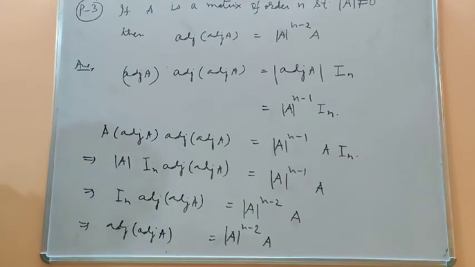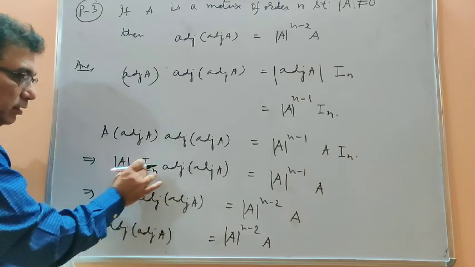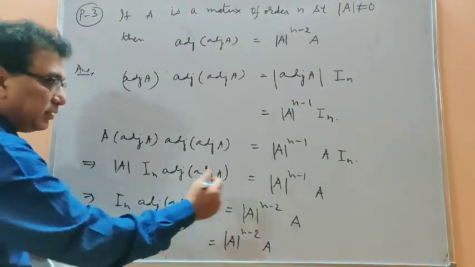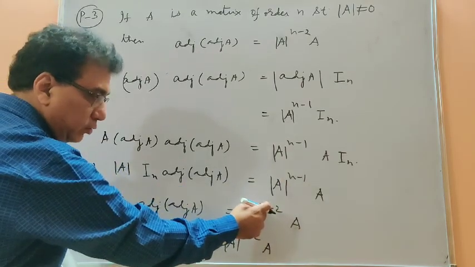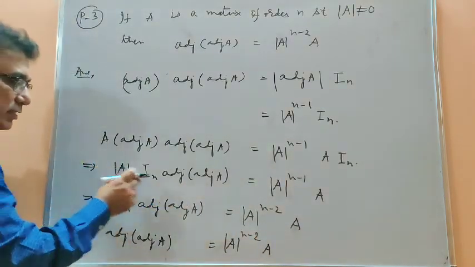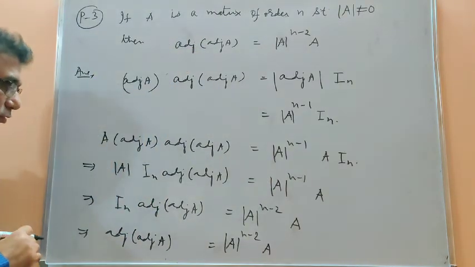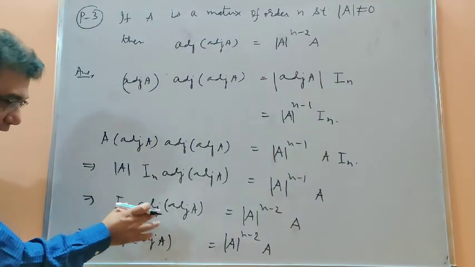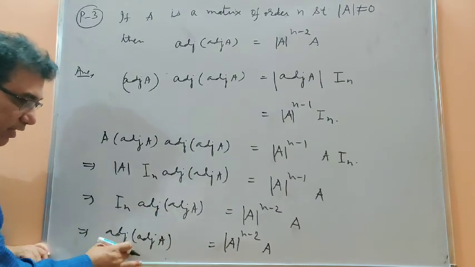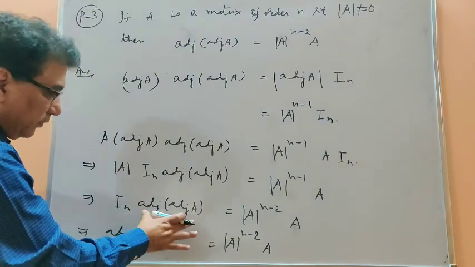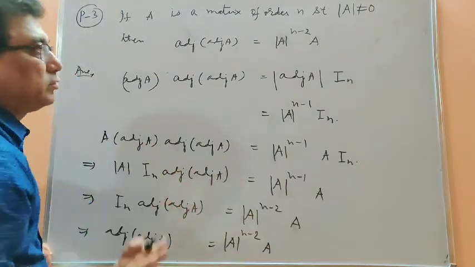And here also we find the same thing. Unit matrix has been multiplied. First I have shifted determinant A this side. That's why the power of determinant A has gone to n minus 2. This determinant has come here, n minus 2. The condition given there is that determinant is not equal to 0. Now we are multiplying a matrix by unit matrix, that's why the result is matrix itself. So finally we get only this matrix and this is equal to this one. So this is what we have to do.